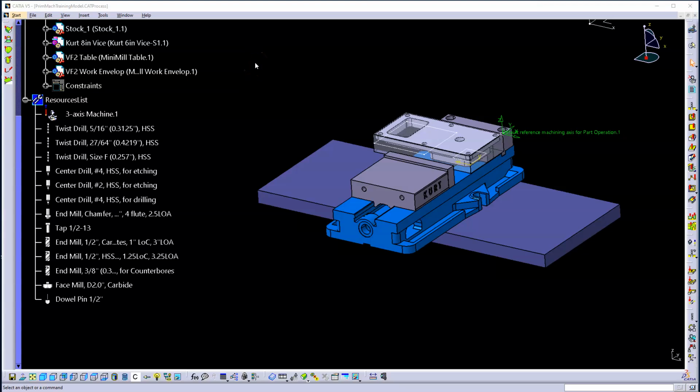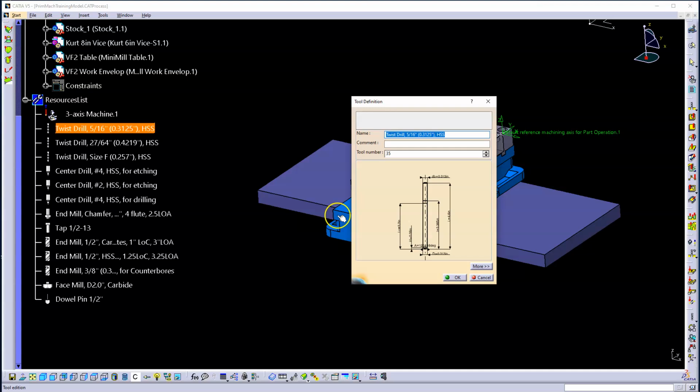Hello, in the last video, Professor Yip-Hoi talked about how to create the tool catalog down here, or how to import the tool catalog into the resource list. And I wanted to talk about what you can do with these tools now that they're down here. So if you double click on any of these tools, you will see that it comes up with a description